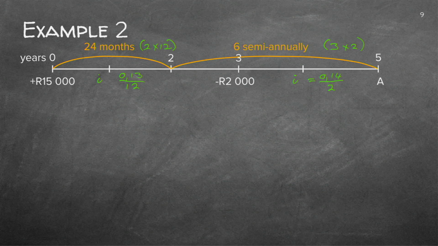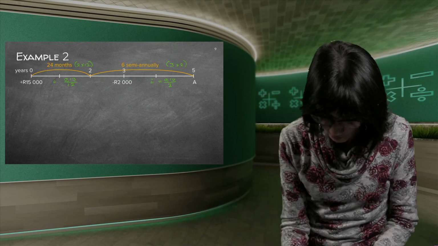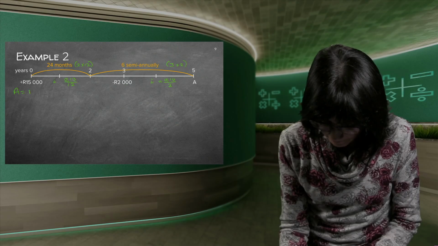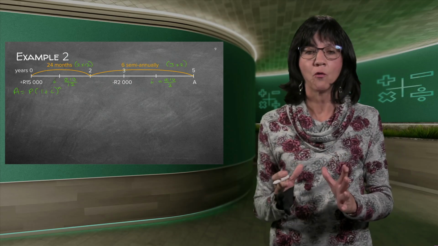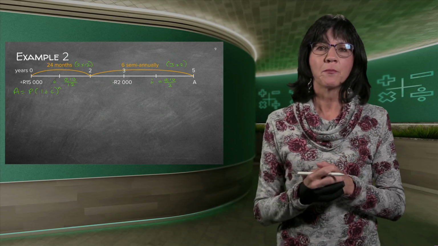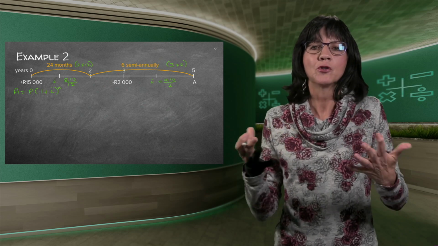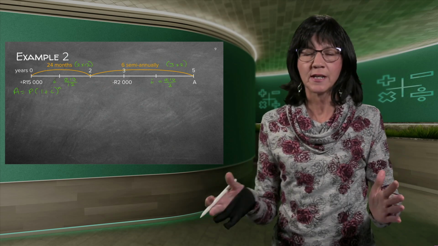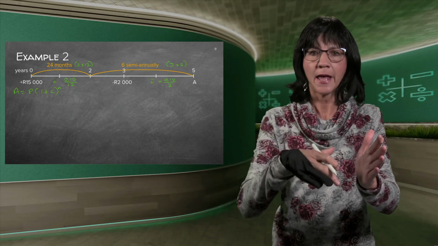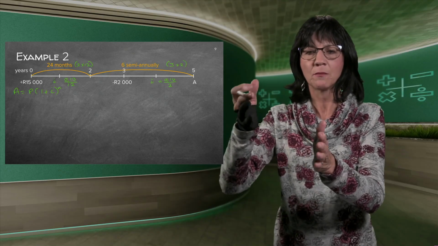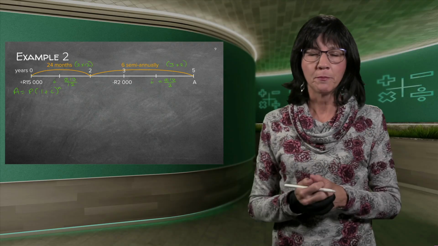And then after 3 years, you withdraw 2,000 Rand. Remember, each amount you work out to the very end. So I'm going to start off with my formula: A equals P(1 plus i) to the power of n. Always write down your formula. Now, I've already written down my i and my n, but this time I wrote it on my timeline. It makes so much more sense. So every loop will have my time slot with my n and my i. The next loop will have my time slot with my i, and I know they belong together.